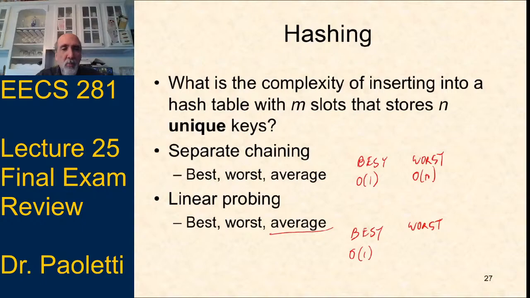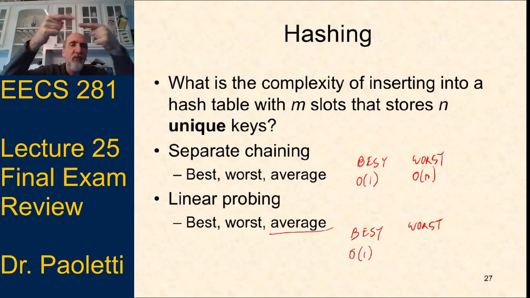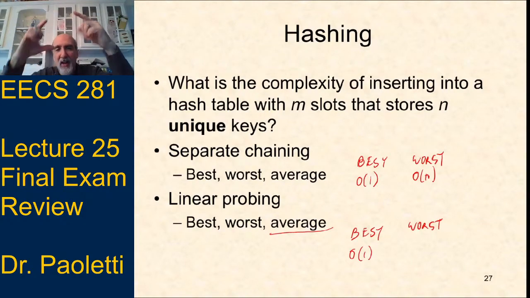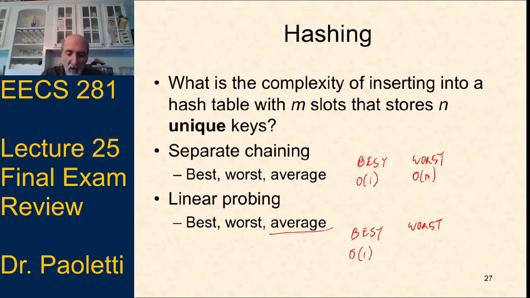For linear probing, even if we say my hash table is not going to get more than half full, there's still n things in there, and those n things in linear probing could be one big cluster. They could all be in a row, and then I go to insert a new one, and it says the first occupied one: occupied, occupied, occupied, occupied, occupied. It's one big cluster, could be O of n.